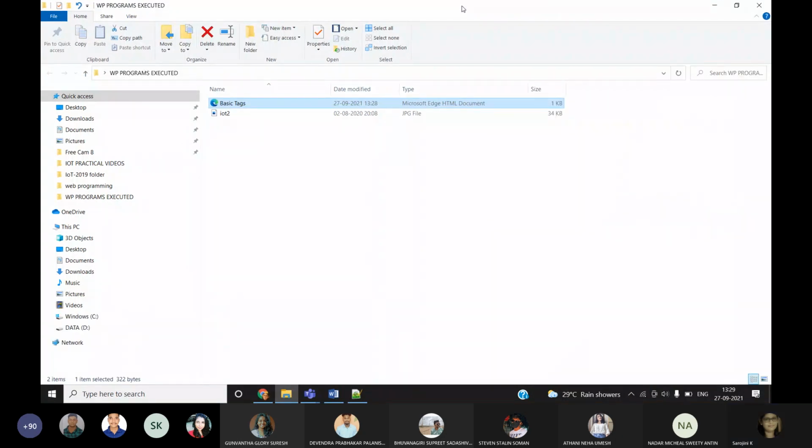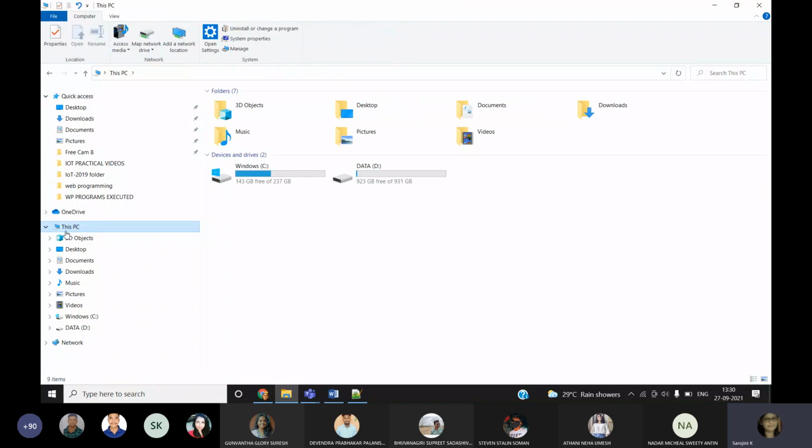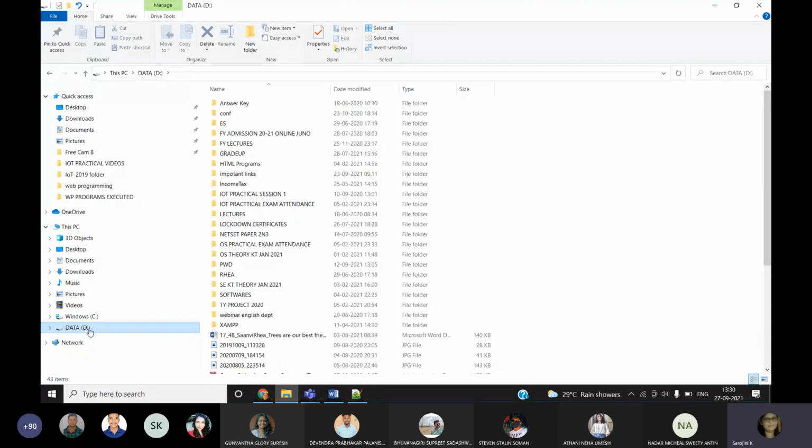In Windows Explorer, you check whether a JPG file is there in the complete PC, or in any respective folder. For example, I'm expecting the D drive may have some JPG file, so I can select D. The search will happen within the D drive only.